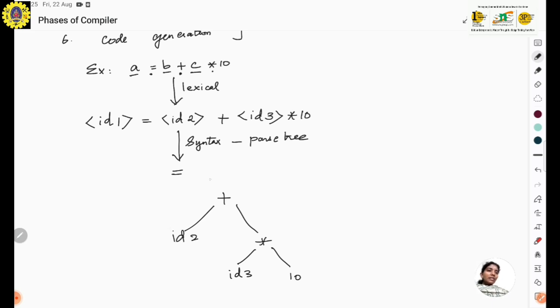Now the result of this is to be assigned, with the help of the equal to operator, to identifier 1. So like this it will be generating a tree structure in our syntax analysis phase, checking the syntax, whether the statement is mapped with the particular programming language syntax. After this we will be giving this parse tree as input to the next phase of the compiler, which is